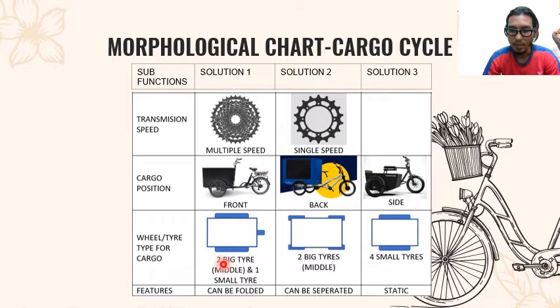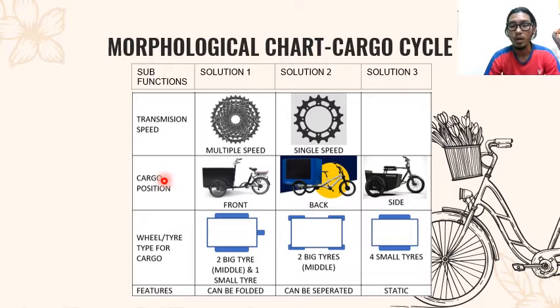For the second part of the morphological chart of the cargo cycle, you can see the subfunction transmission speed has two options. The first one is multiple speed, with 1 to 6 speed. And the second one is a single speed. And then for the cargo position,